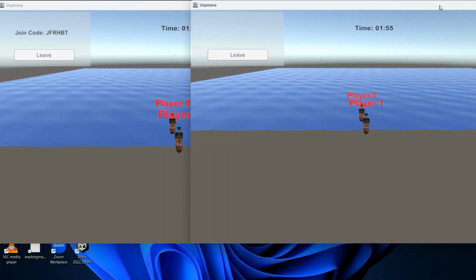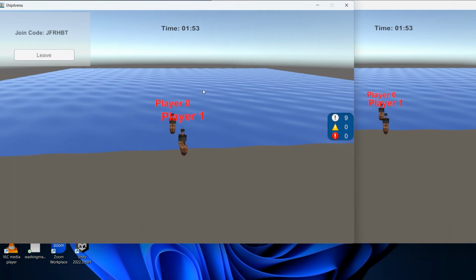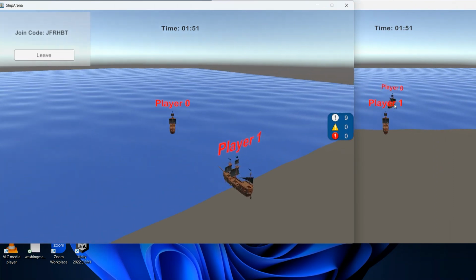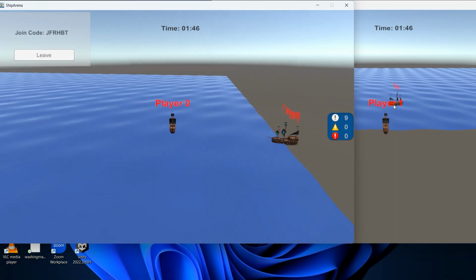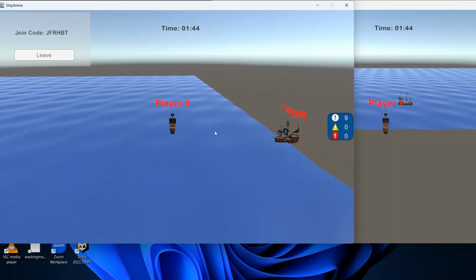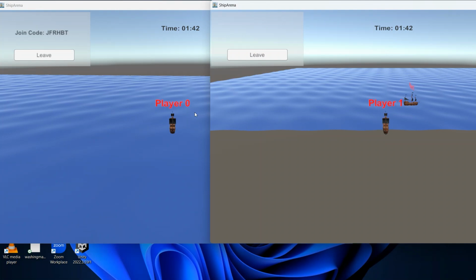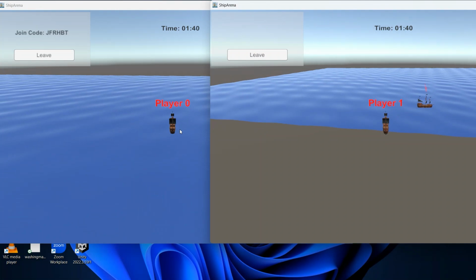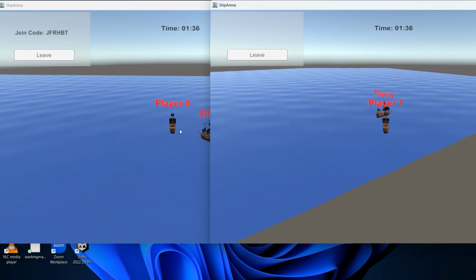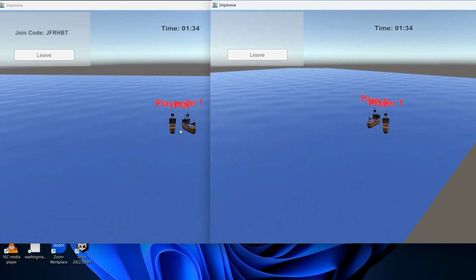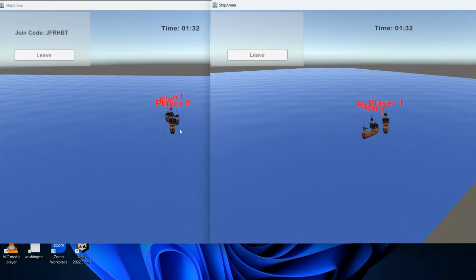And you will see if I move here, the other player sees that the other player is moving. And same as the other, here you can also see if player 1 is moving on the side of player 0.